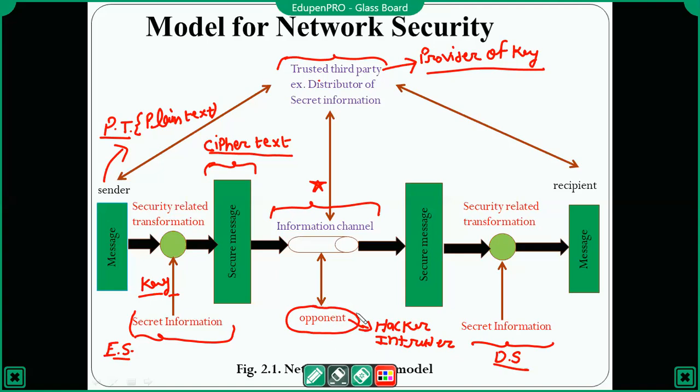So any kind of attack, most of the attacks are tried to launch in the information channel, because after converting to ciphertext, when the ciphertext moves through the information channel via wireless or wired, detecting a message is easier than at the other parts. And the same thing, once this is complete, we may consider the